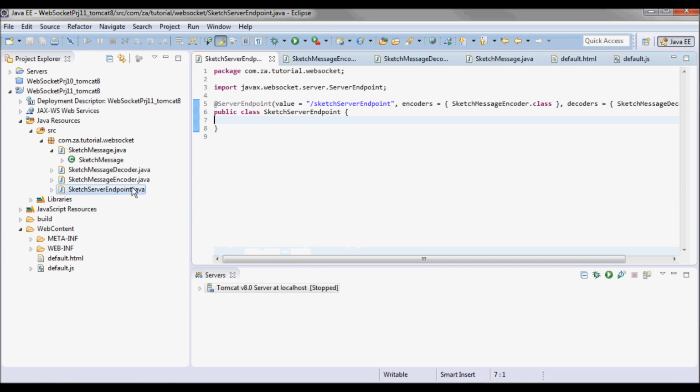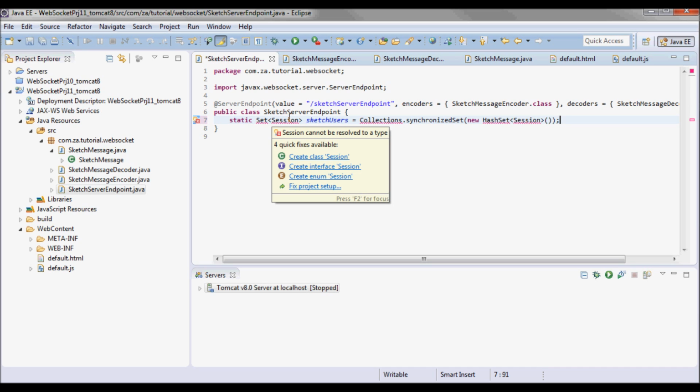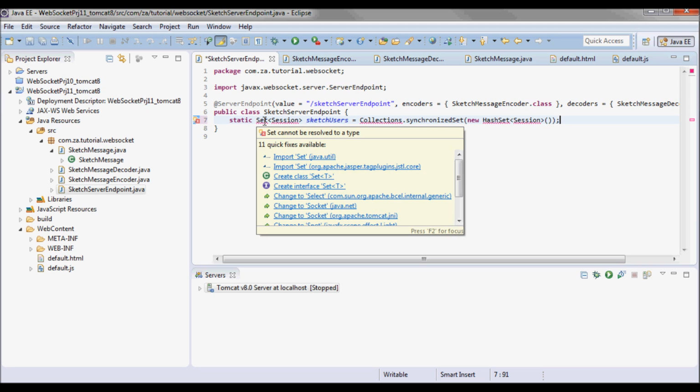Next, for sketch server endpoint, I'll have a set of sketch users, sessions for those different sketch users.